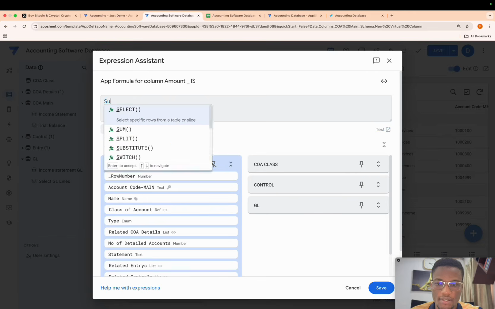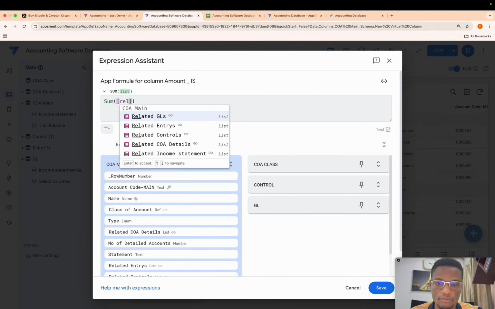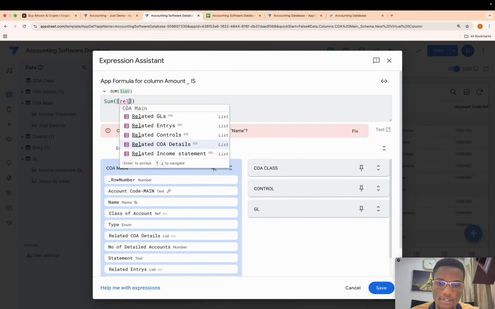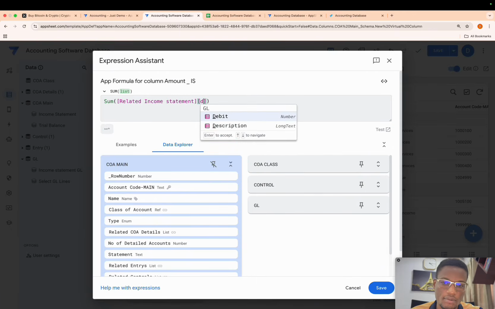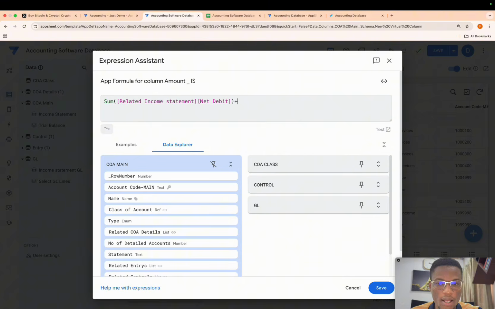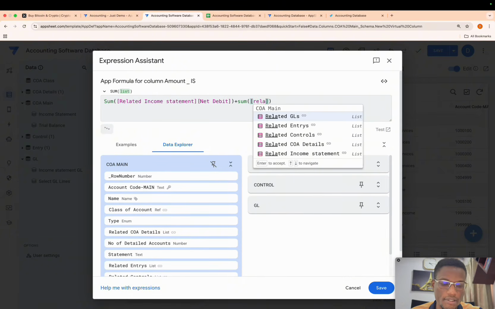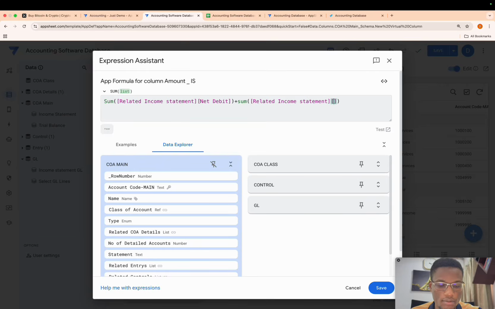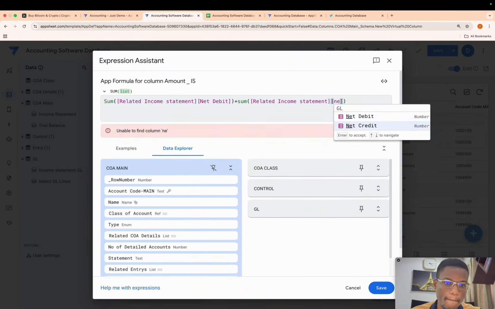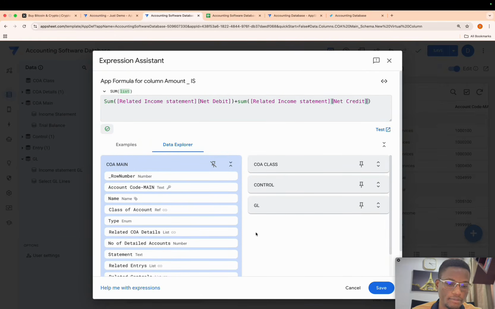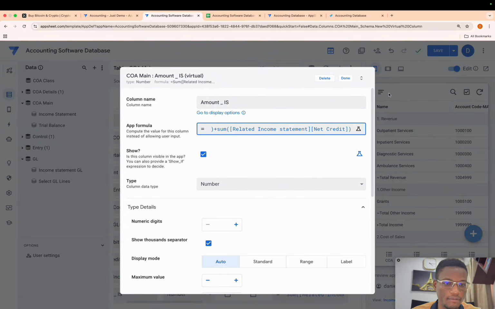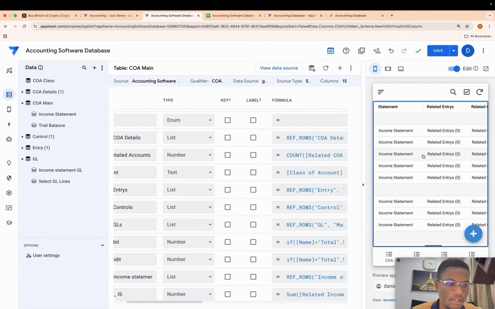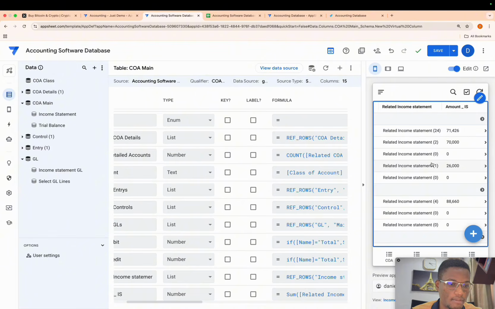So we're going to say sum related income statement net debit plus sum related statement net credit. Good. Click save, click done. Okay, so there's our amount.